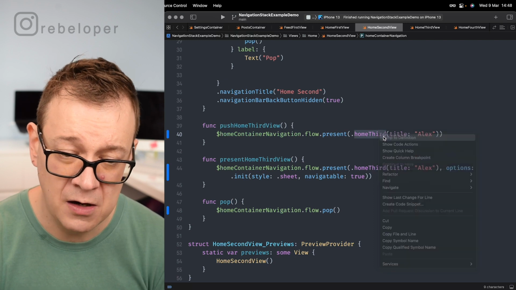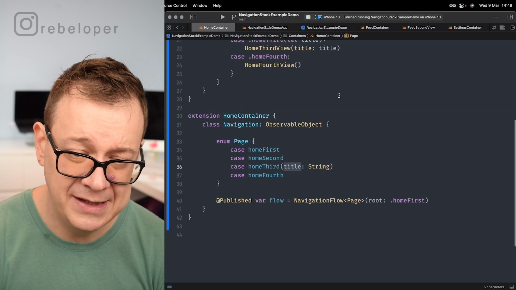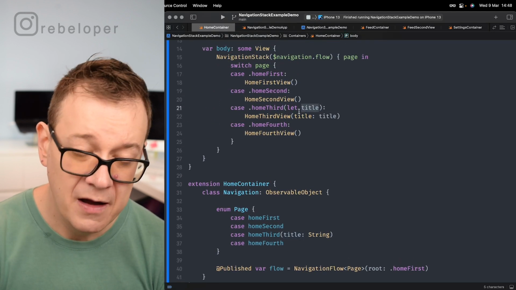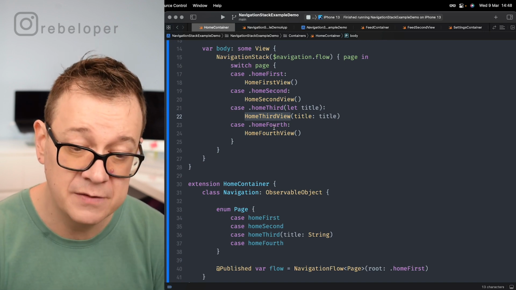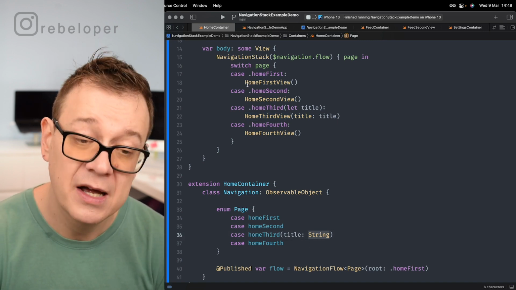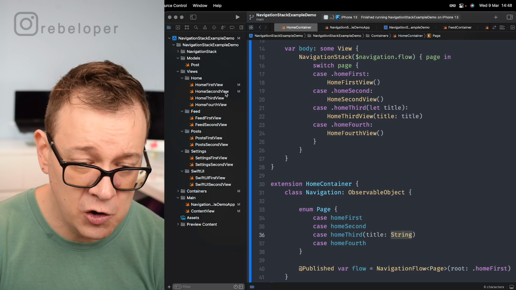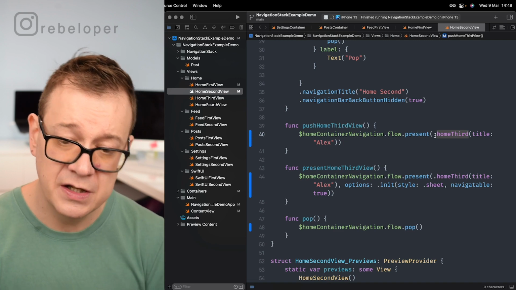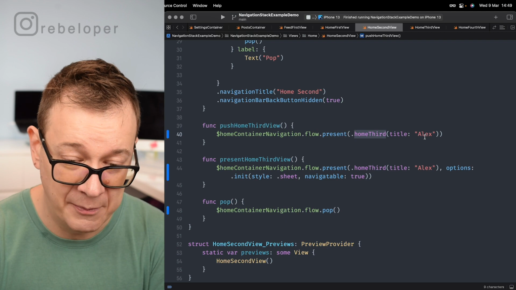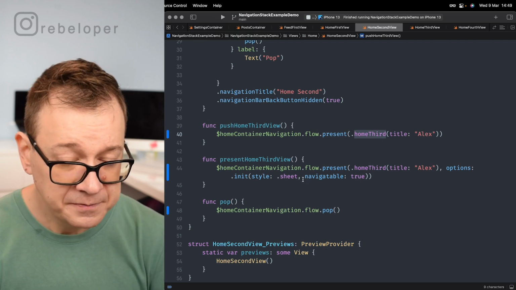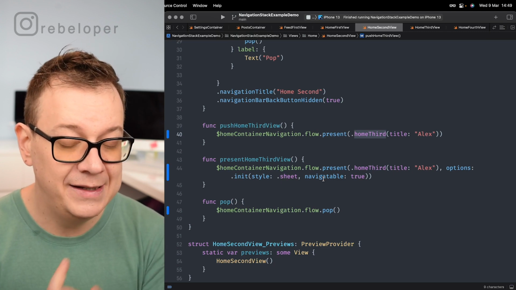Let's just take a look at how we created this. So this is the case. It requires the title, and the title right over here will be moved into the home third view. How cool is that? So we can just move. This is an example for moving a string. You will see more elaborate examples in just a second. So now on the home second view, we are just presenting the home third view with the title of Alex, for example. Also, right over here, we can also present a home third view as a sheet, and it is